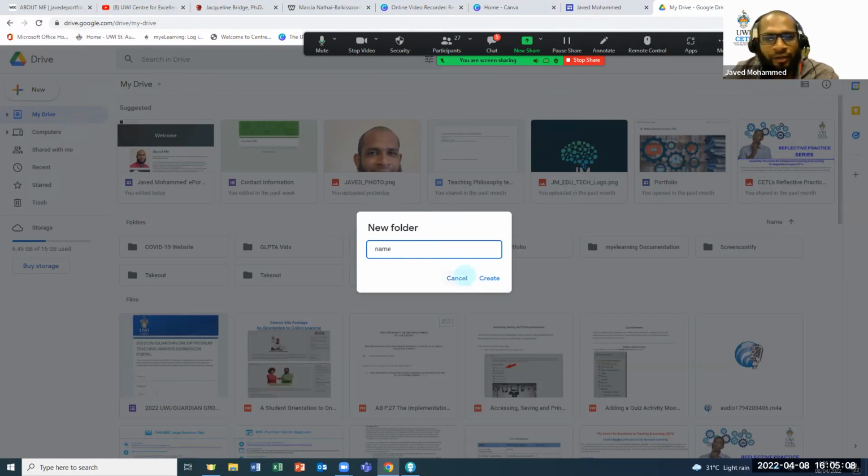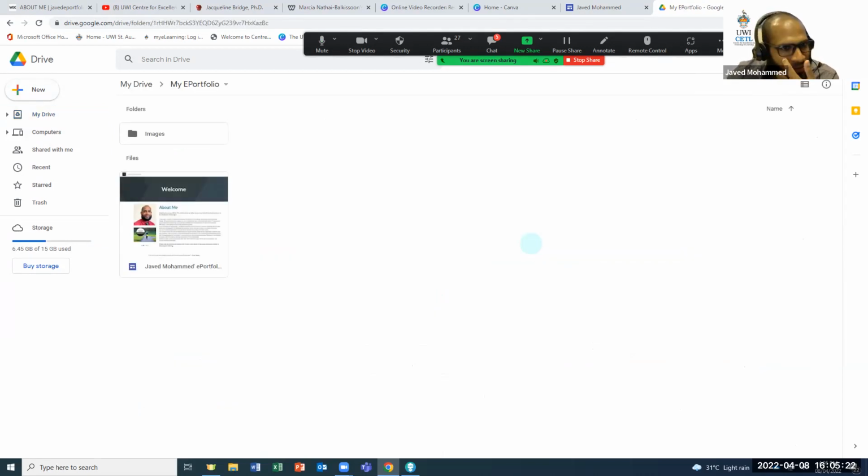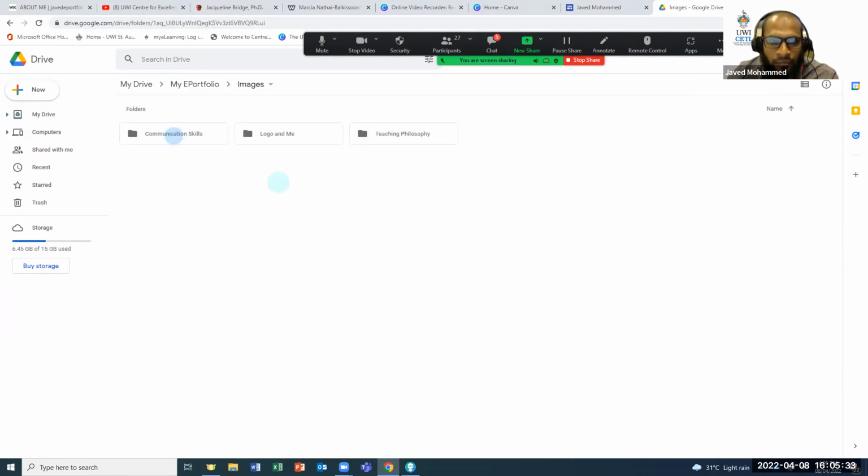I've already created a folder, so there's no need for me to create a new folder. When you create your folder, you should see it appearing under the folders list. Make sure you're inside the new folder that you created. I created my ePortfolio folder and I have already uploaded images and a couple other folders.